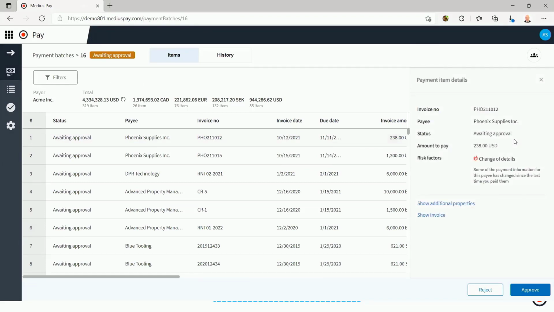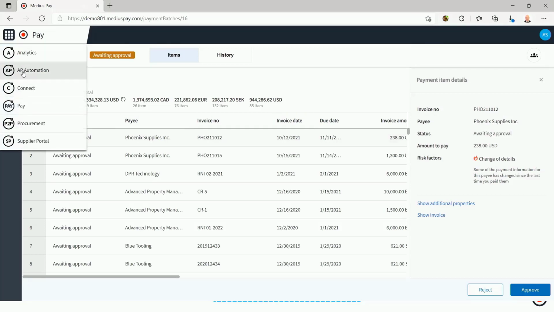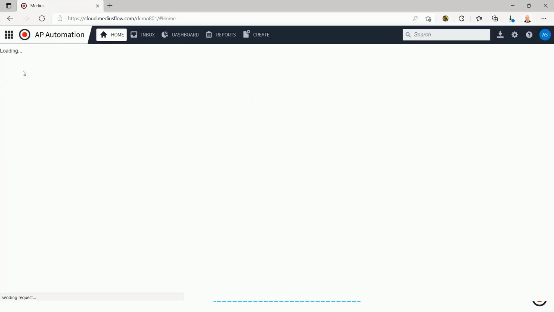So have capabilities around risk factors. So the system, on receiving the payment batch information, we can identify and track any kind of risk assessments where, hey, if there's been a change of details, let's flag that for attention. So specific ways of managing problems there, reducing errors and reducing fraud. So a terrific solution to modernize the payment part of the process at the tail end of invoice to pay. If we switch back here to the AP automation side again,